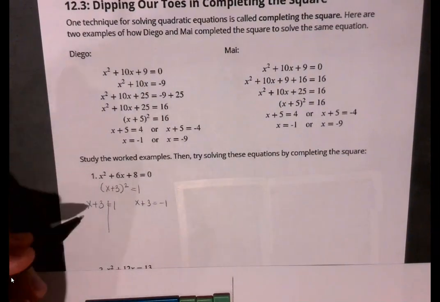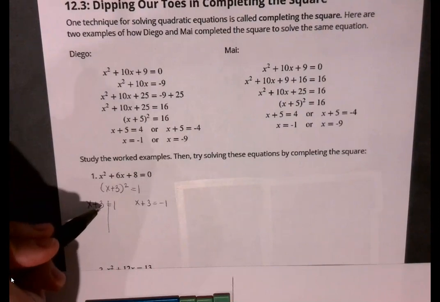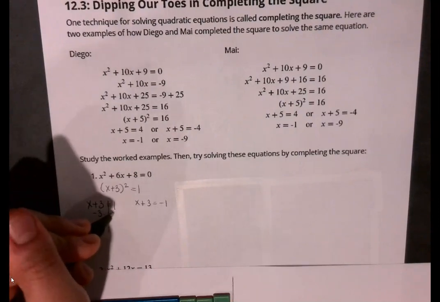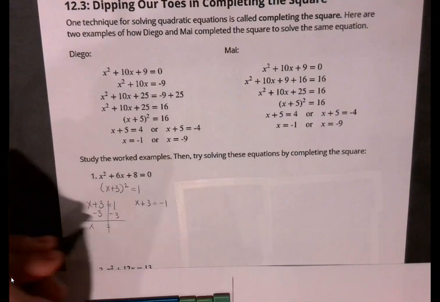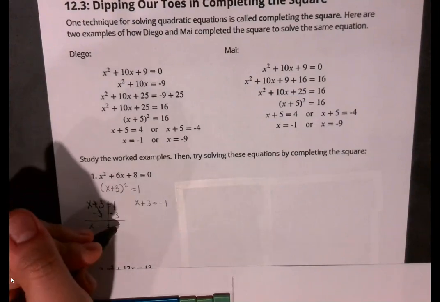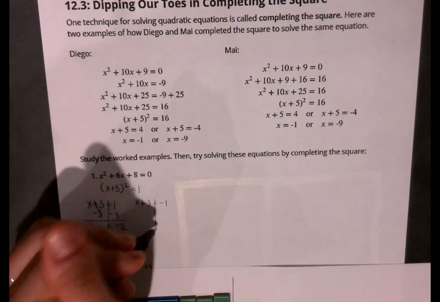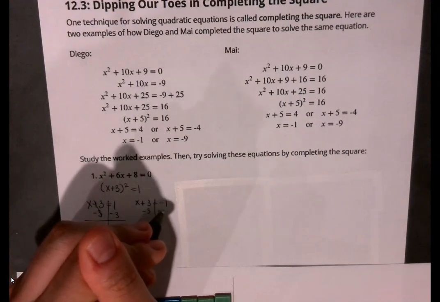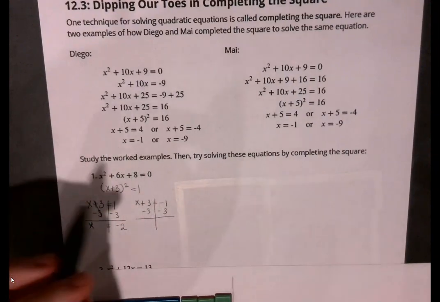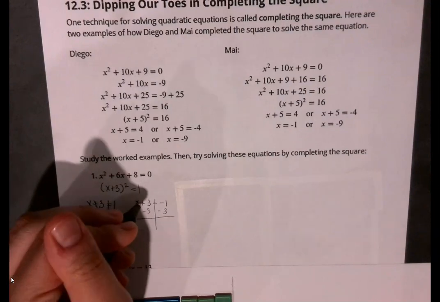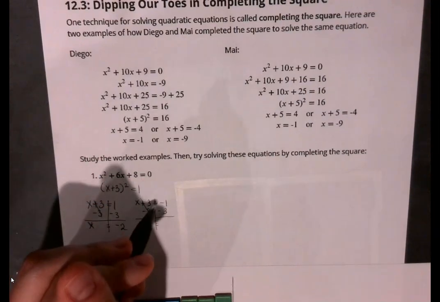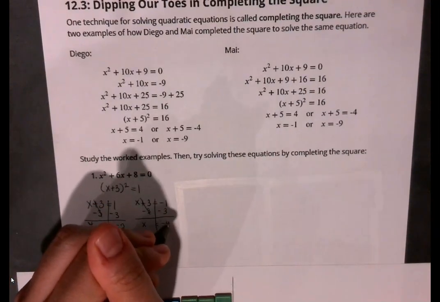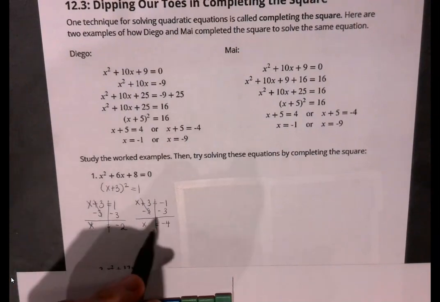So we can do the inverse operation of plus 3 to do minus 3 on both sides. And I have 1 minus 3, which is negative 2. And if I do my other equation, I use my inverse operation of plus 3 to subtract 3 on both sides. I have negative 1 minus 3, which is negative 4, which gives me my second answer of x equals